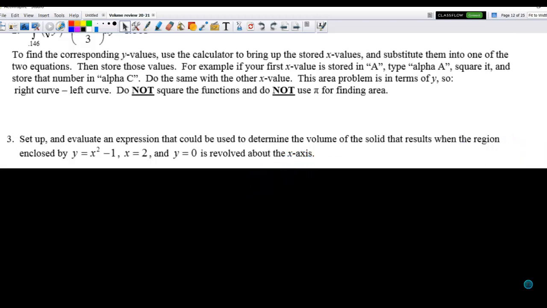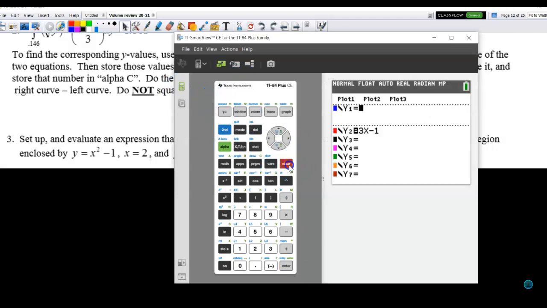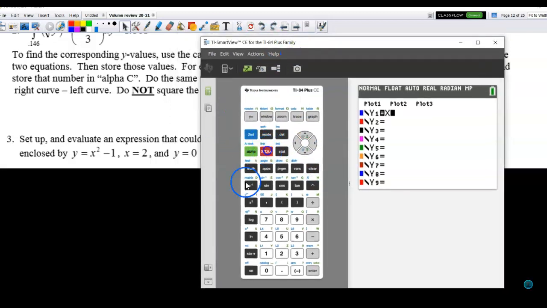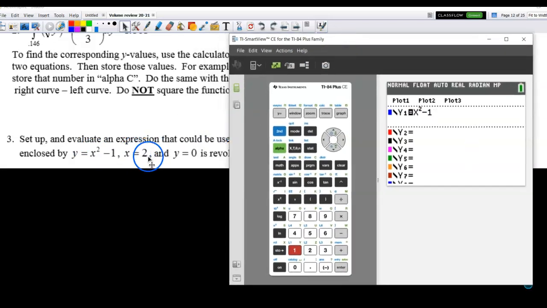So I would make a sketch on my paper. Oh, actually we have different functions. Good thing I was paying attention. So y, I'm going to get rid of that and get rid of that. And I have x squared minus 1, although I don't think you need a graphing calculator to graph that. Now x equal to 2. We're not going to graph a vertical line on